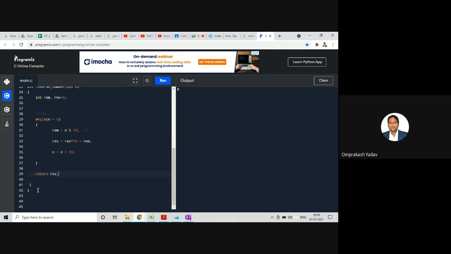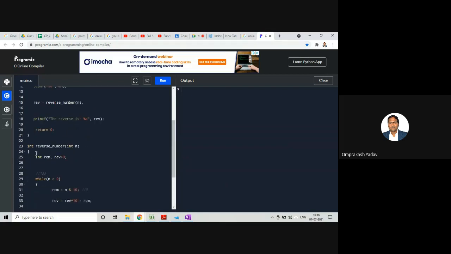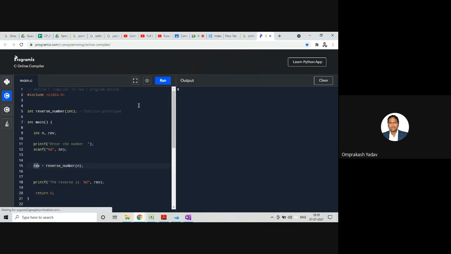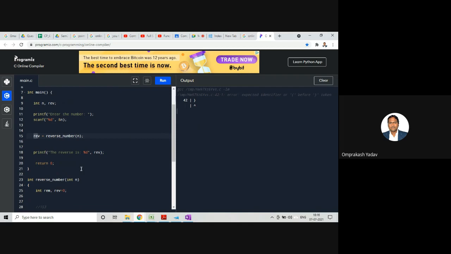This function is going to return the reverse number, and then it will come over here, it will store the value, and then it will display it. So let's run this particular program. Bracket is missing.